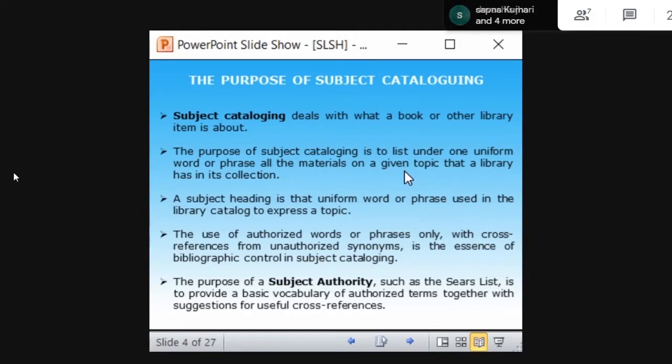So all these common terms should have a uniform heading. That is called an authorized title. Authorized means this should be used everywhere. Do not use multiple headings. In one case you are using user, in one case patron, in one case clientele. That is not wrong, but it will confuse the reader. Our aim is to facilitate effective and quick retrieval, right? So for that you have to use uniform words.